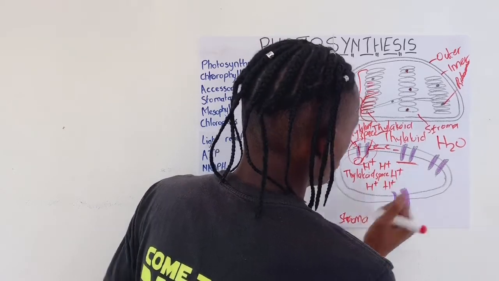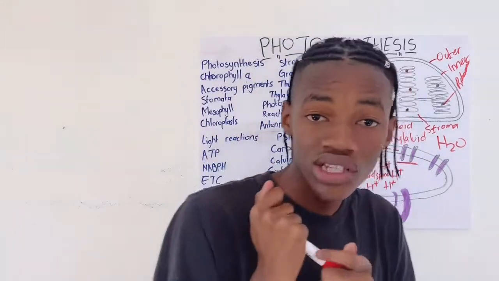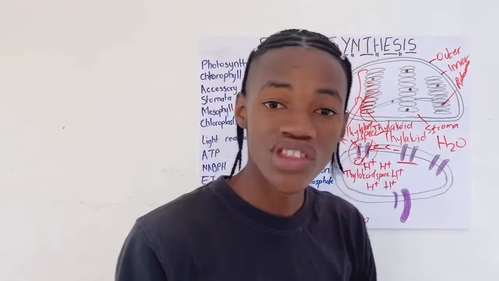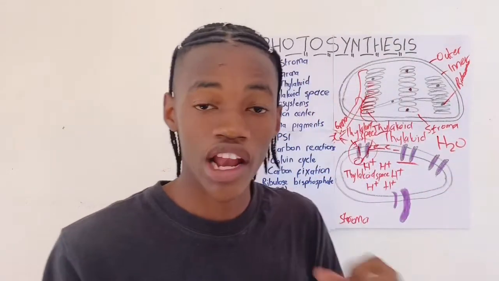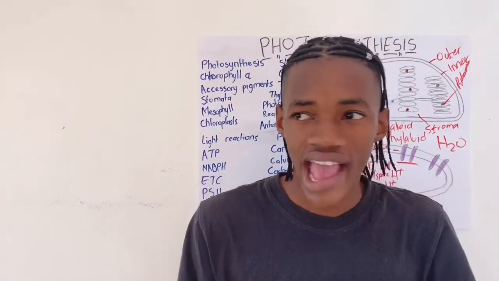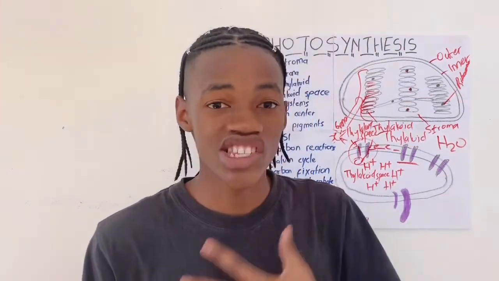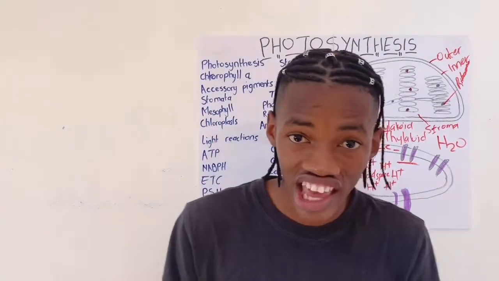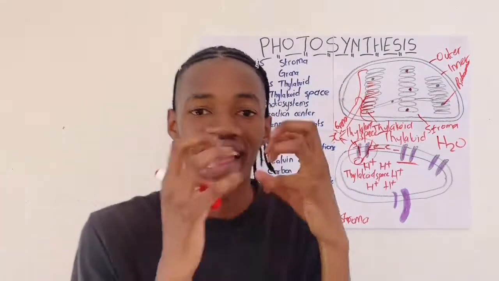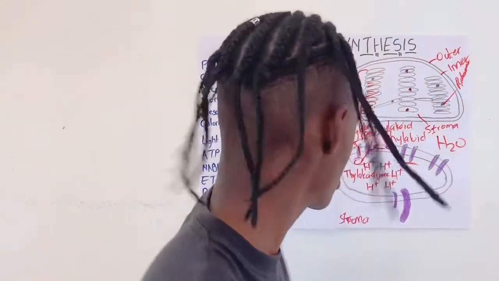And then these protons from hydrogen go into the thylakoid space. Within the thylakoid space, they create a gradient, and this gradient is a form of potential energy, and this potential energy is what is going to make ATP. At the same time, these